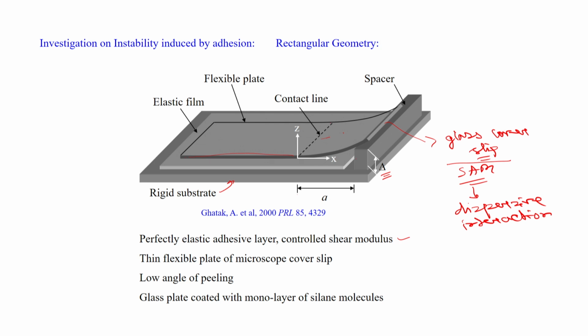So, we vary the thickness of this plate, and we actually go for a very low angle of peeling, in the sense that the thickness of this plate is about 150 to 200 micron, whereas the delta is maybe about 200 to 300 micron. So, in a sense this is a very low angle of peeling, and that happens because this cover plate,